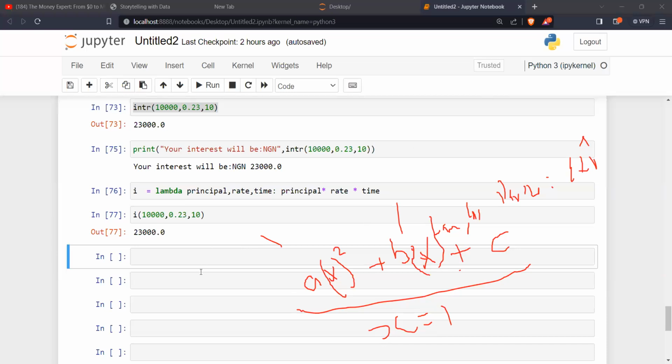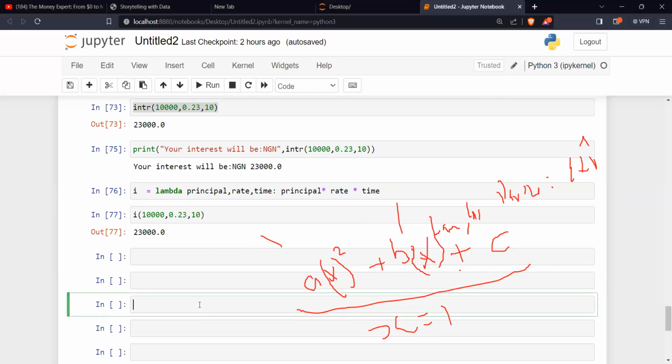In this case, if I want to write a lambda, how will I now write a lambda function for it? A formula is equal to... Okay, let's not use A itself.